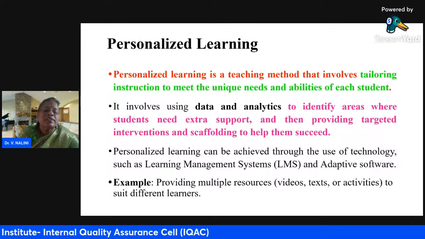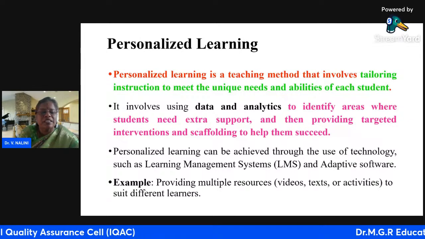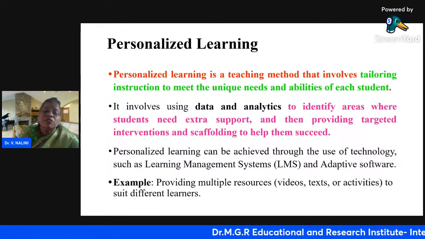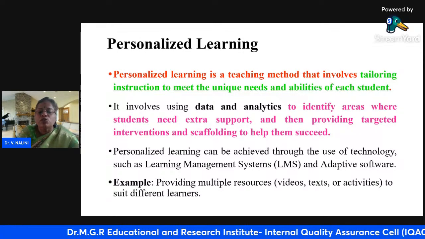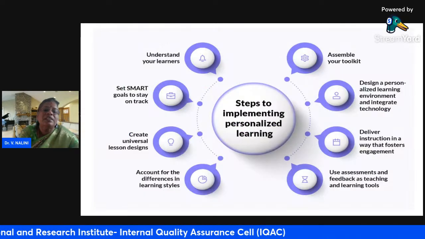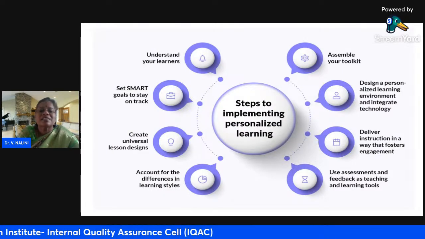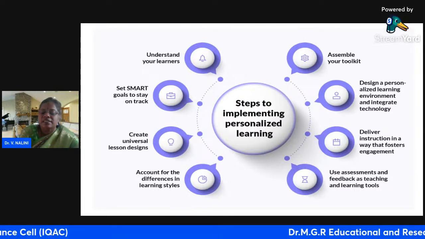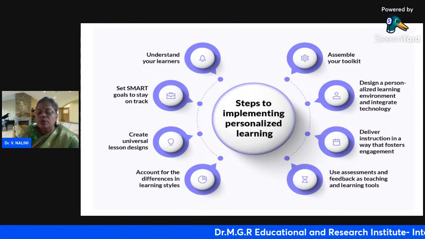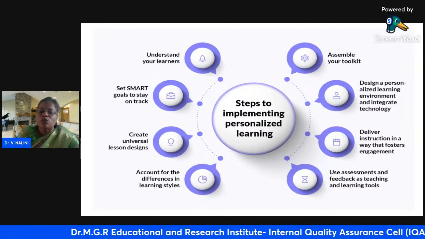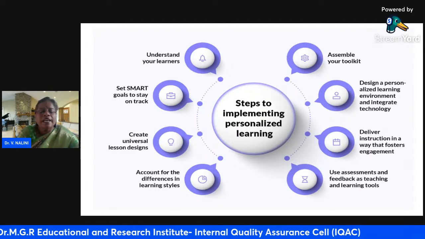Okay, this personalized learning can be achieved through the use of technology such as LMS, learning management systems, and adaptive software. It also provides multiple resources like videos, texts, and activities to suit different learners. So this is a step on how to access and implement personalized learning. This term and teaching method, we use in inclusive